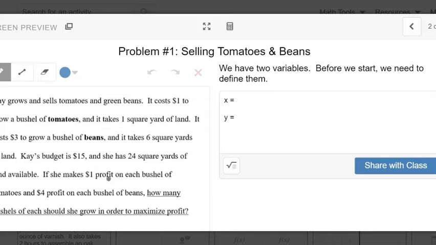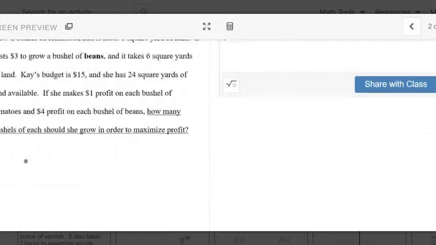If she makes $1 profit on each bushel of tomatoes and $4 profit on each bushel of beans, how many bushels of each should she grow in order to maximize her profit? So when it says bushels of each, we want to keep in mind that this is both beans and tomatoes. I'm going to put tomatoes and beans. That's what this means. It's both of them. How many bushels of tomatoes and how many bushels of beans should she grow in order to